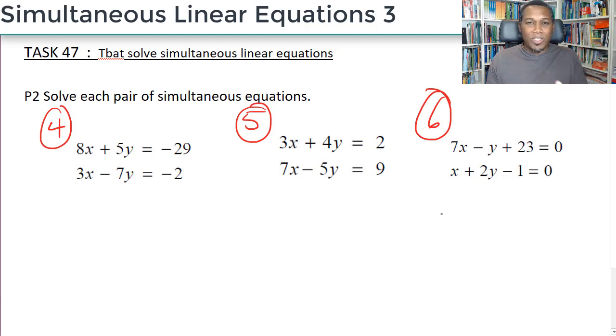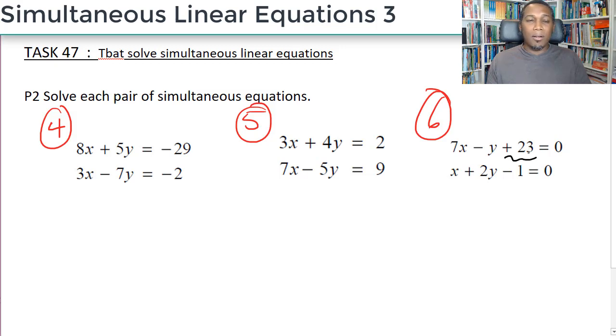I have no issues with the calculator. It might help. Follow the strategy and the methods, but when the numbers get ugly, expect it to be on a calculator paper. So calculator allowed if that was a barrier to you doing the work. For number six, the difference here is we have equals zero, but the constant,